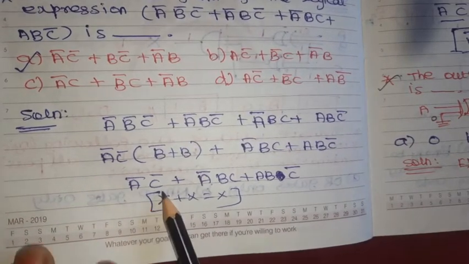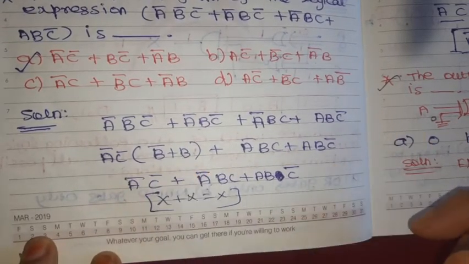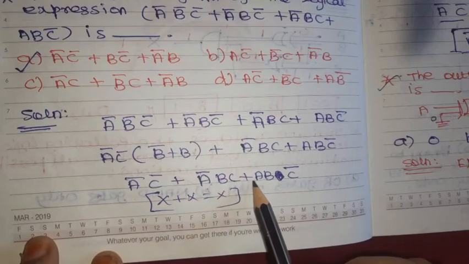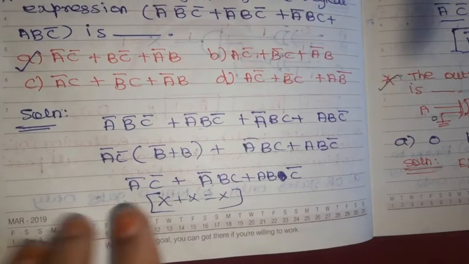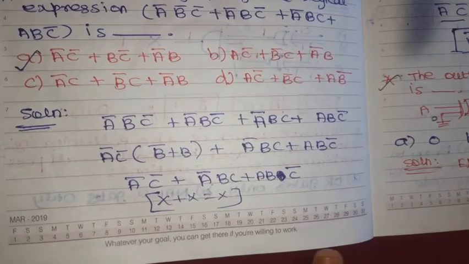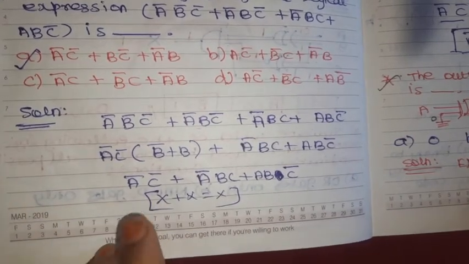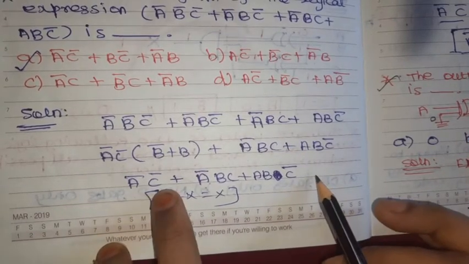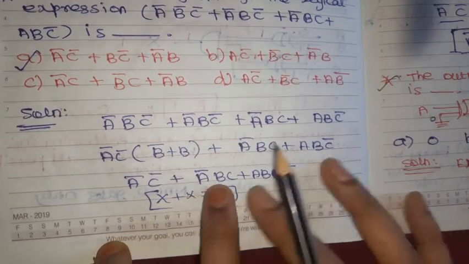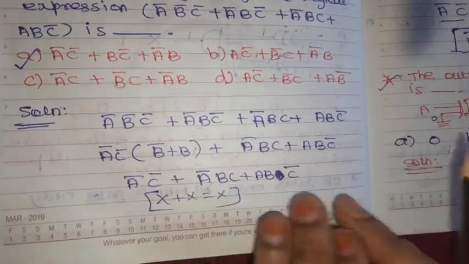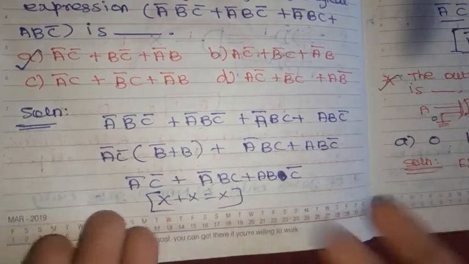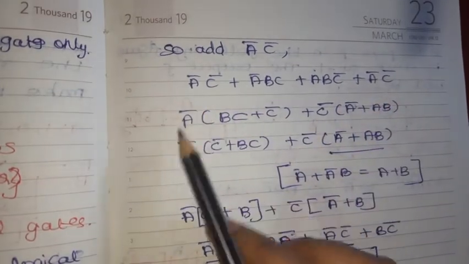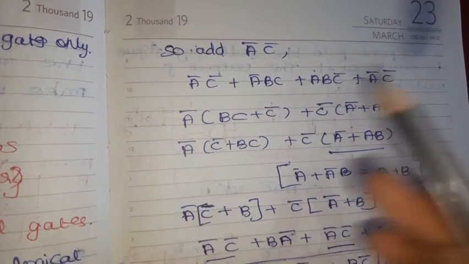Again, B plus B bar is nothing but 1 only. When it is multiplied by 1, we will get the same: A bar C bar plus A bar B C plus A B C the whole bar. X plus X equal to X only. Now we are going to add from this. X plus X equal to X means whenever adding one more time A bar C bar in this equation, we are getting the same equation only. That does not affect the logical expression. So we are going to add A bar C bar in that equation, and then solve. Here A bar taken as common, what we will get?